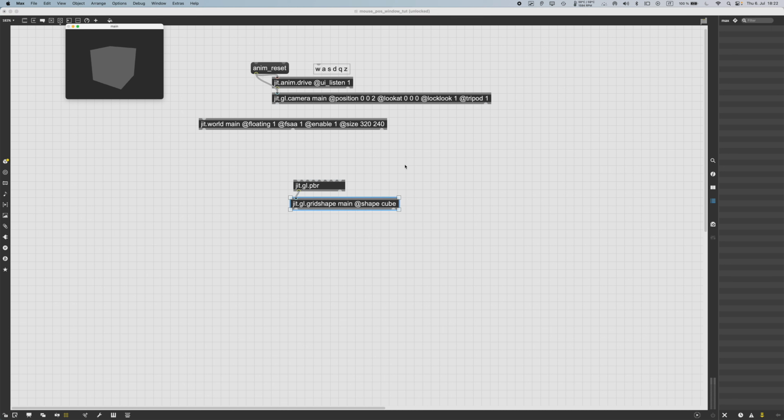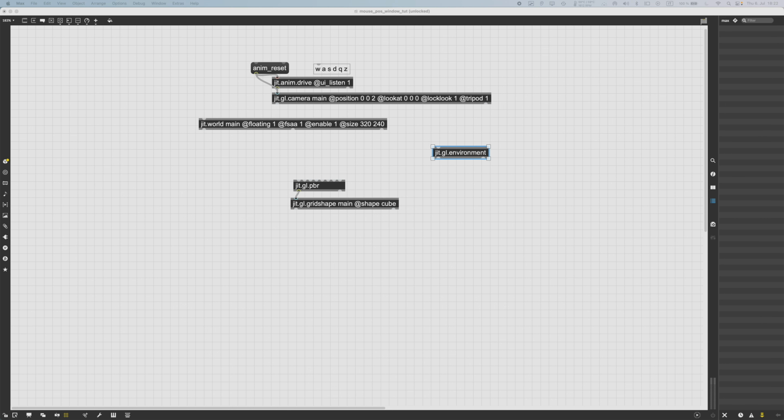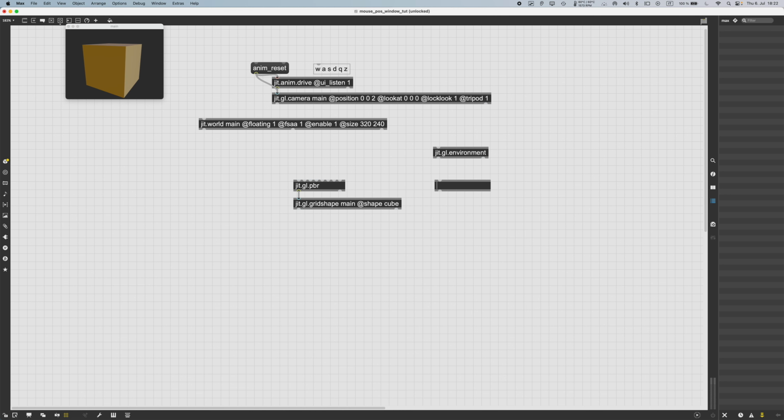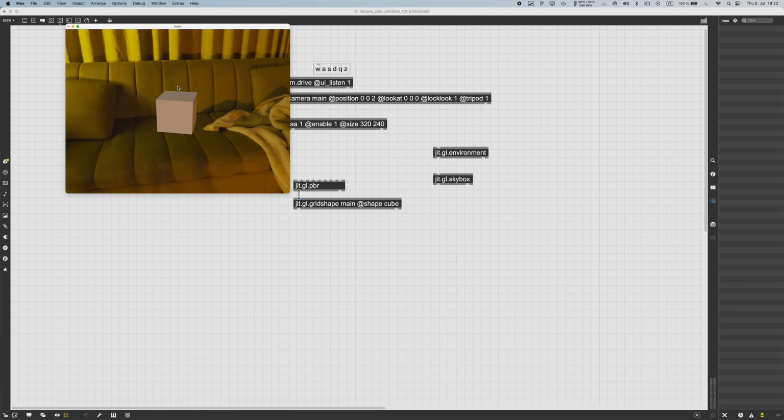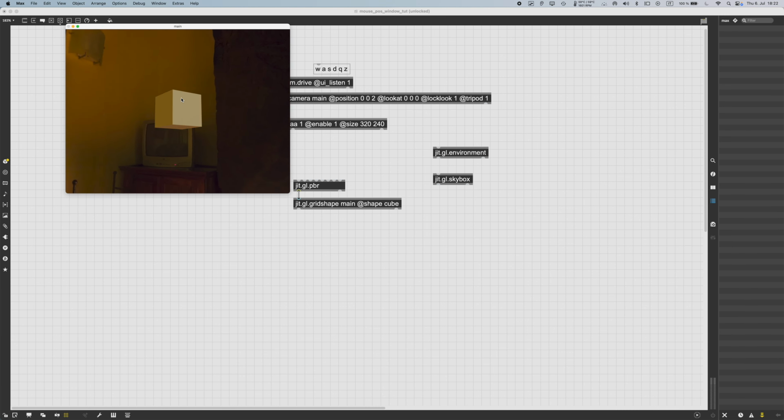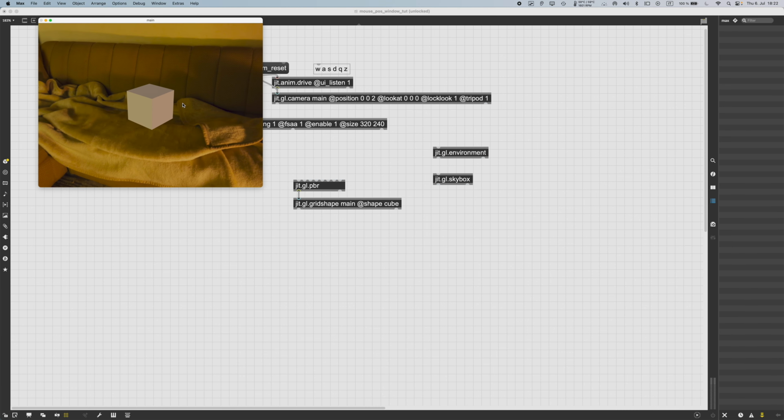At the moment there is no light, so let's actually create a GGL environment map, to which we will pass an environment map, like just a texture. And the PBR will automatically interact with this environment map. Now, to see this environment map, we can create a GGL skybox, which will then, oops, no, I don't even need actually to connect it. So cool. Now we have our object immersed in this scene, right? Okay, cool. So now we want to have our mouse